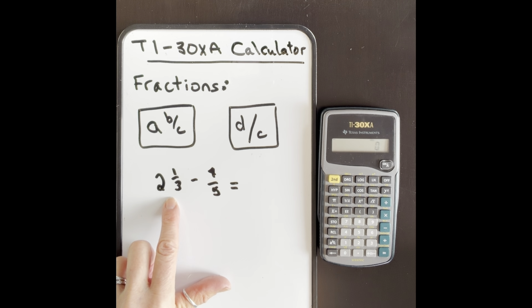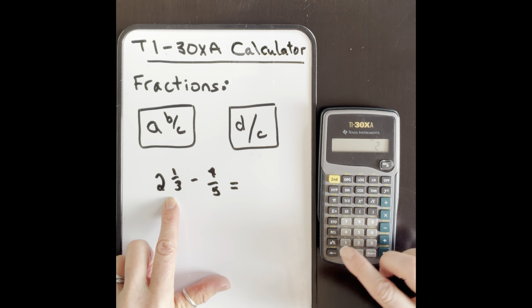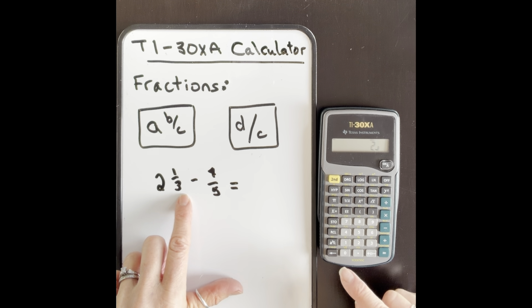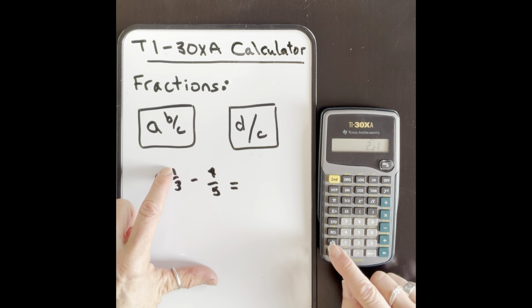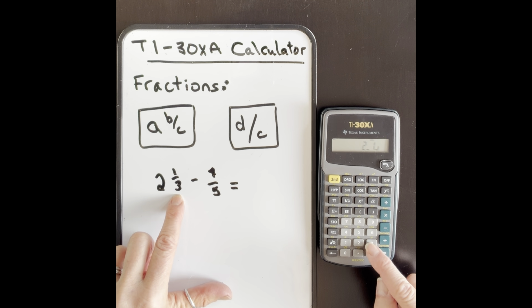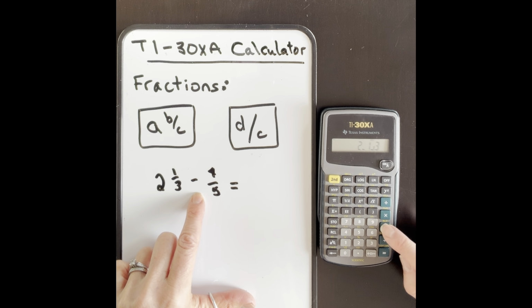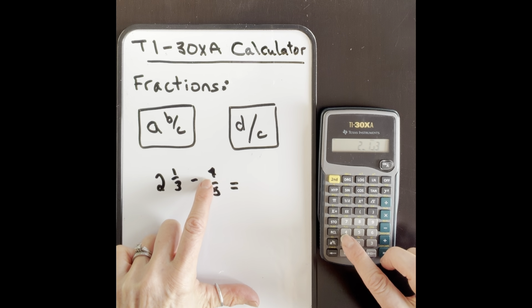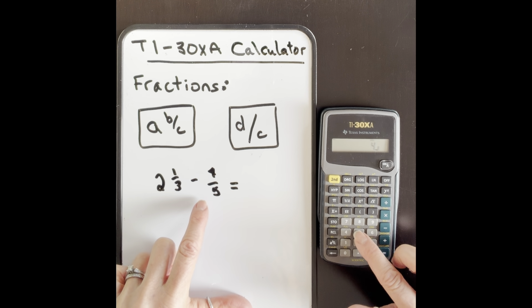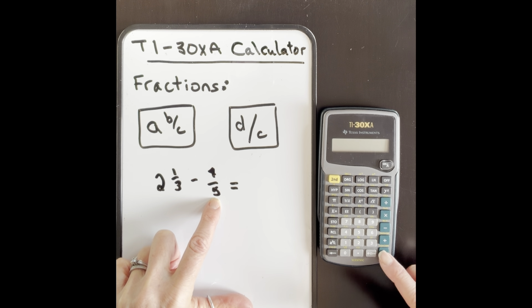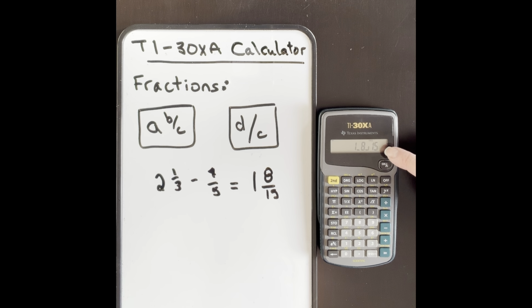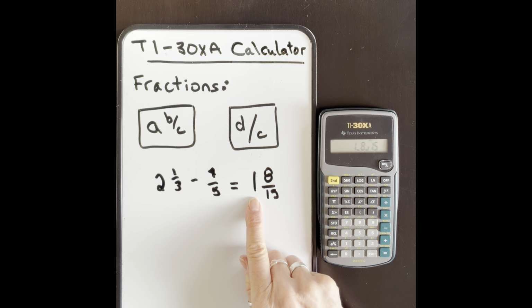So the way you're going to do it is enter the whole number first. So 2, press your fraction key, and then the numerator of 1, press your fraction key, and the denominator of 3. And the way it'll appear on the display is 2 underscore, and then this second part looks like a fraction, 1/3. We're going to subtract 4/5, so we enter the numerator of 4, fraction 5, and then press equals. My answer is 1 8/15,